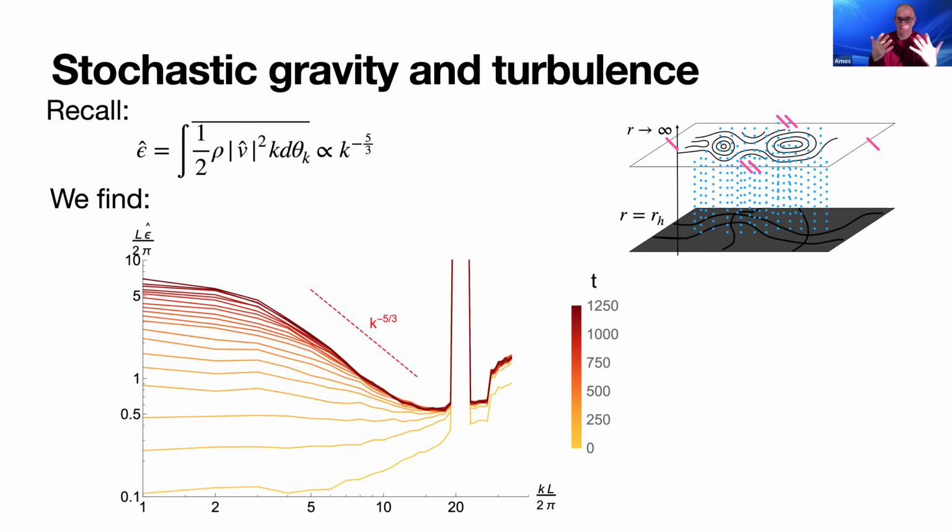There you don't have a direct cascade. You have something called an inverse cascade. And then there's some physics that's very interesting. But at the end of the day, Kolmogorov's prediction for the inverse cascade is again minus 5/3. But what's surprising is that in 2+1 dimensions, Kolmogorov's prediction actually works for all powers of the momentum difference. So this plot I showed you, the difference between simulations and theory, in 2+1 dimensions, they coincide.